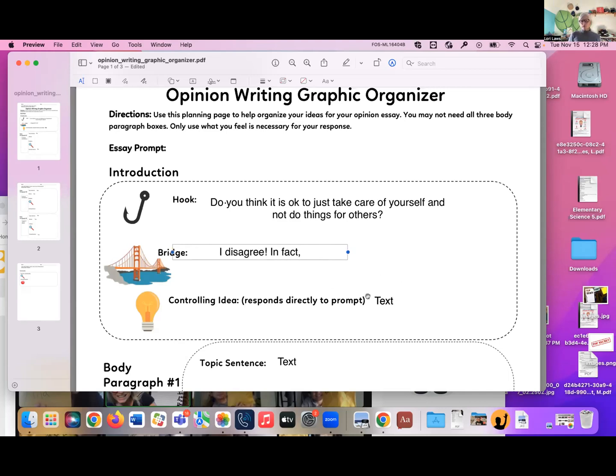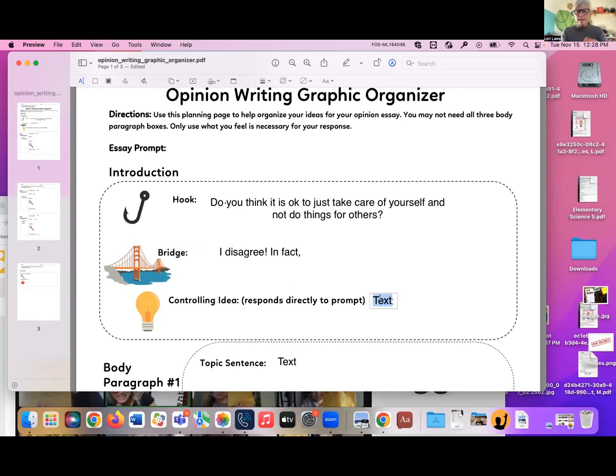If you're writing about history, it might be, are you a kid who likes video games and thinks history is boring? Bridge. Well, I'm going to prove you wrong. In this essay, I'm going to prove you wrong, right? That would be a bridge to the next thing you have to say, which is ancient history is fascinating or very interesting, okay? So you do your hook, it leads to your bridge that connects it, and then you come